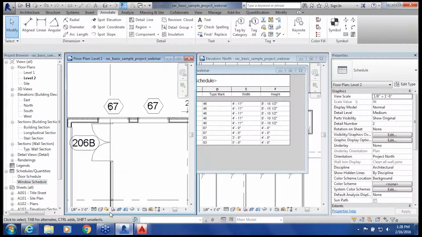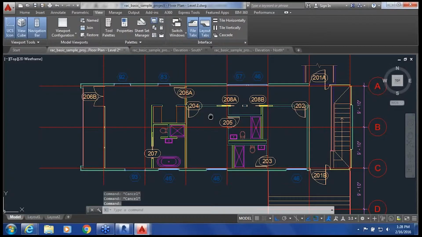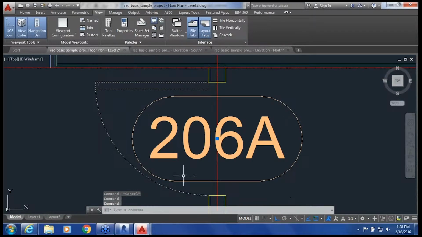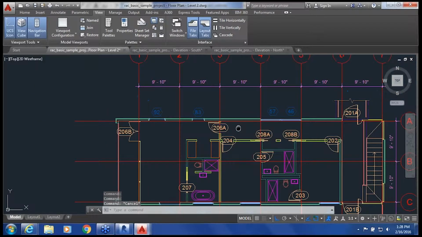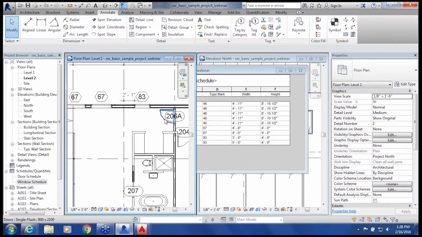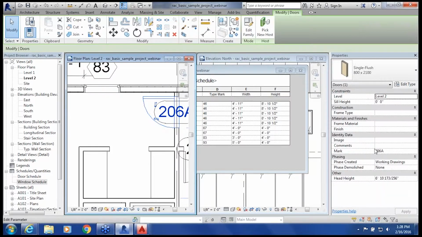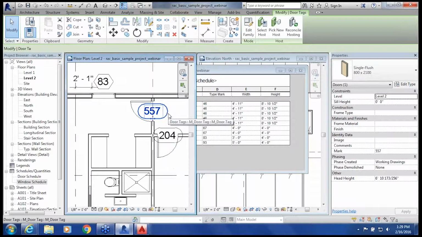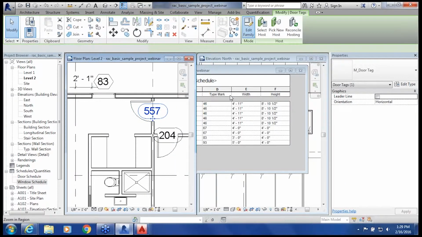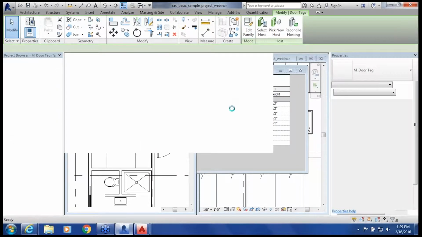Whereas if we go back to this CAD world, you can see that if I want to put the mark of this door, I want to associate it with the door so that this label is pulling from that door. That way, if this door changes room numbers, then this door tag is automatically going to change with it, so that becomes something that I'm doing once. Let's do something. Right, so I changed the mark in my door because this door tag is associated in a label that goes